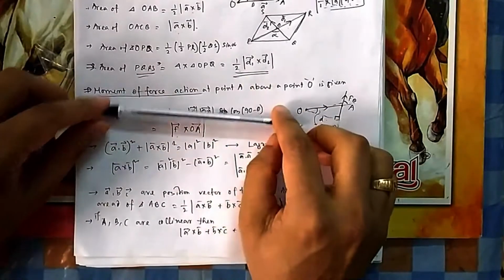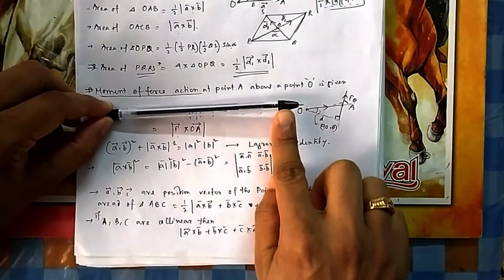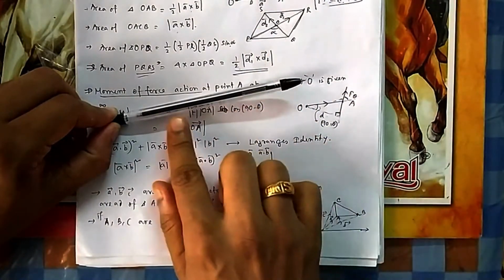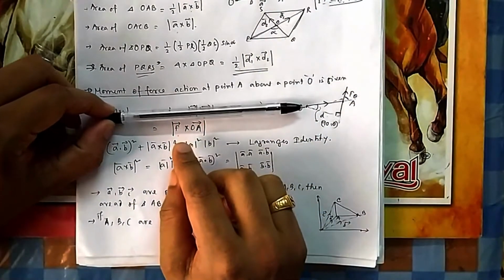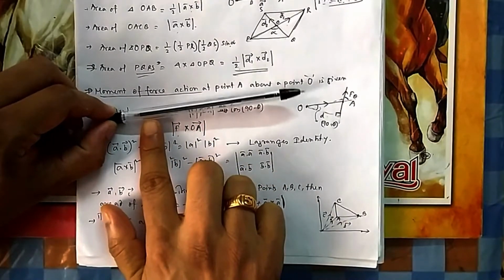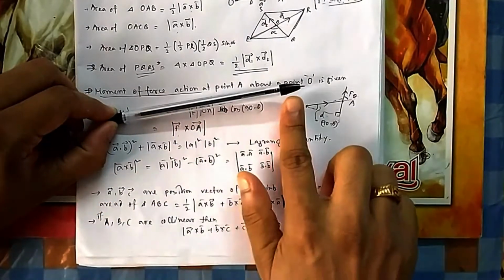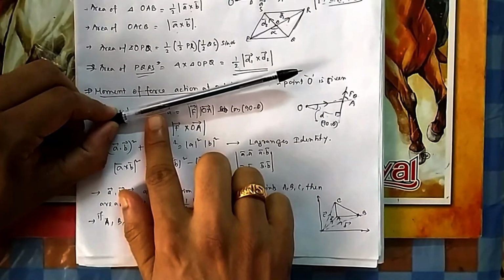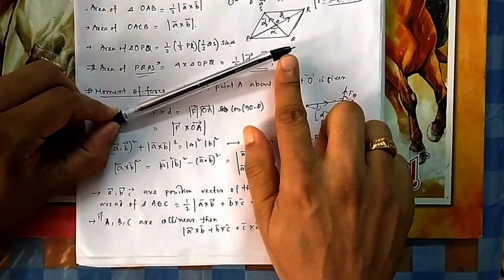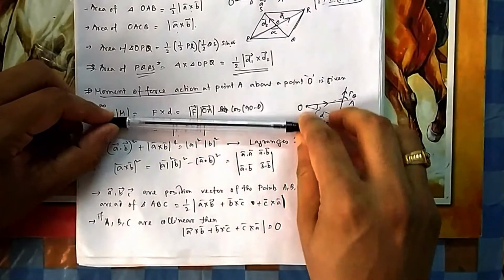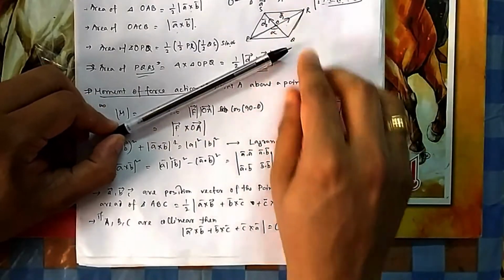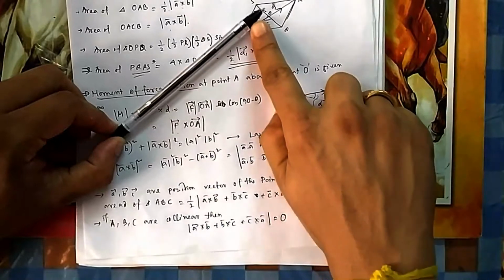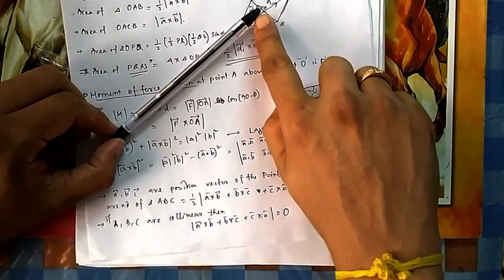Another application is to find the moment of a force. If this is fixed and you apply some force here, it will rotate. That is known as the moment. So how do we calculate the moment? If you push very close, the movement will be very slow. If I give the same force here, you try to feel it. You give the same force here, the movement will be slow. If you give the same force here, the rotation will be fast. So the moment depends on the distance, at what distance from the origin you are pushing it.